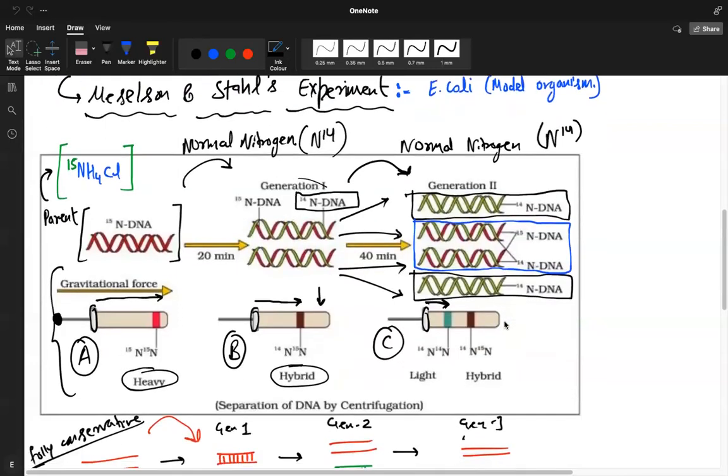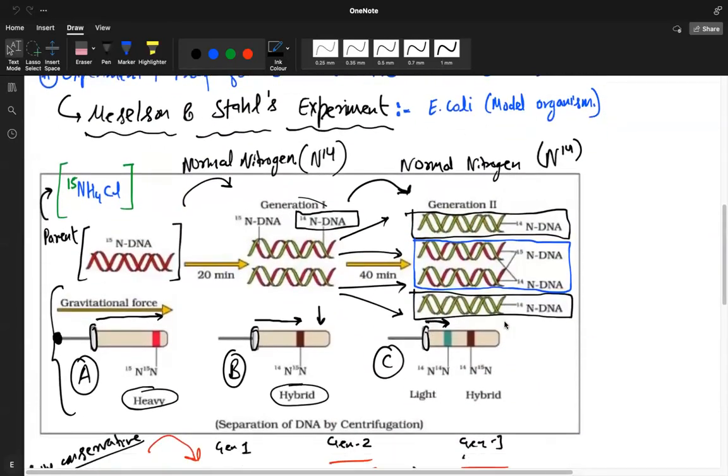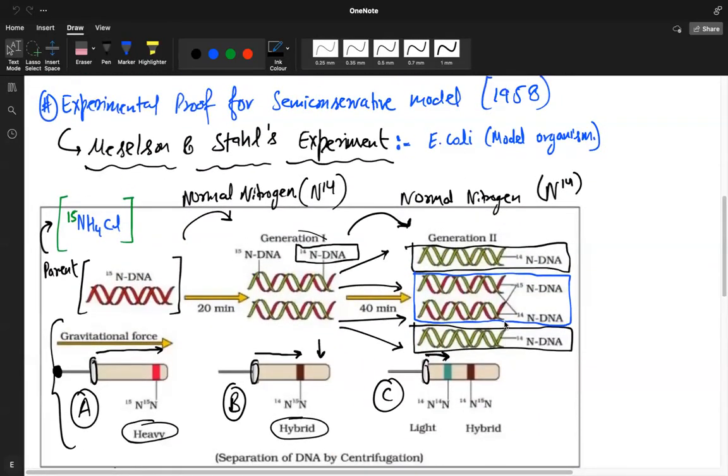Then they used ammonium chloride having a heavy nitrogen N15 isotope to culture E. coli bacteria. In the parental generation, the cultured bacteria act as a parent having N15. Then for the first generation, we introduced the parent with normal nitrogen. After 20 minutes, we see that